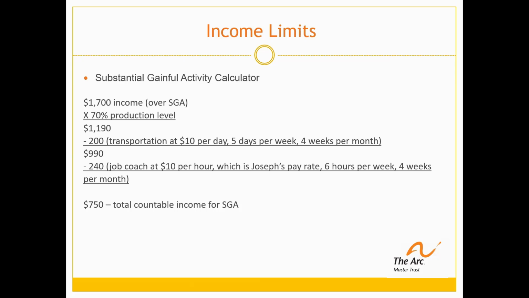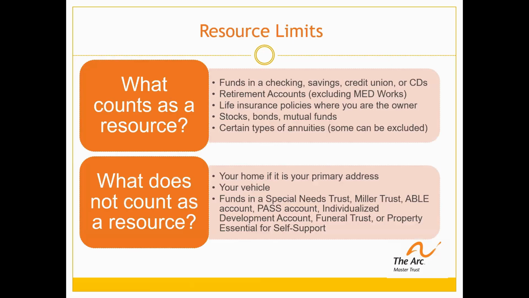It is really important to document this information so that you are able to supply that to Social Security. So that was a little bit on income limits, and now we will jump to resource limits. Resource limits are how much you can have in assets. This list includes information on what is generally considered as a resource by SSI, Supplemental Security Income, and Medicaid. Depending on which Medicaid program you receive, this could differ, or there could be other financial asset factors that qualify.